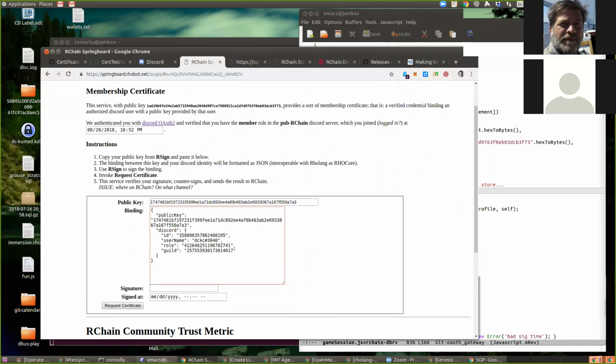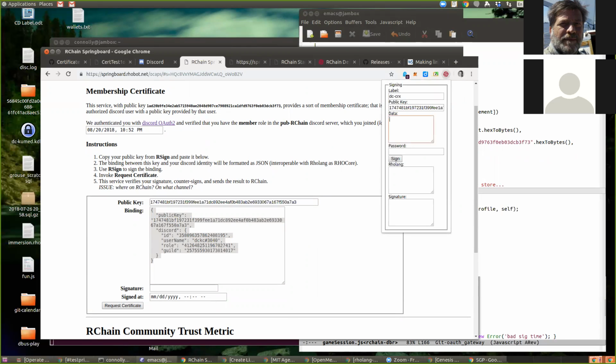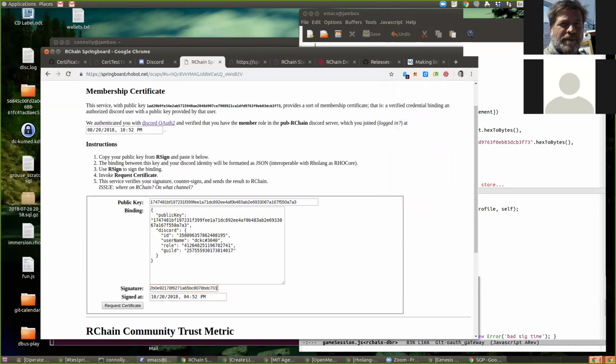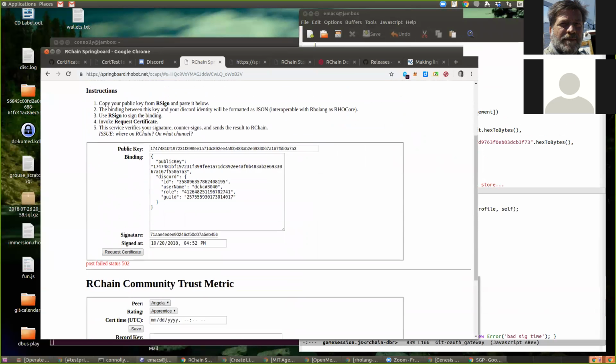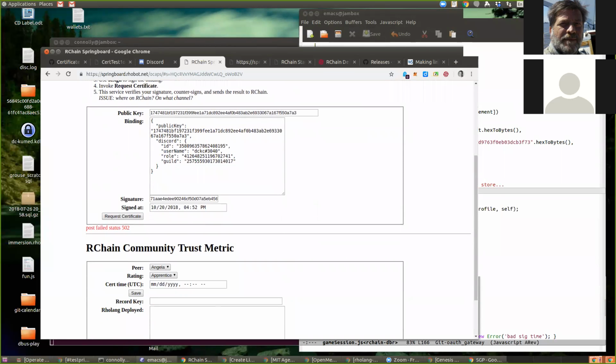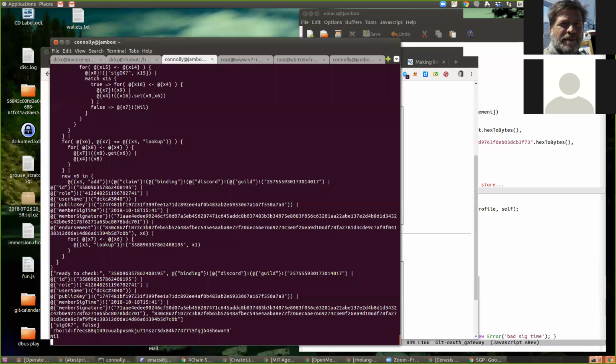I take this signature, and I sign it. I take that binding and I sign it, and then I request a certificate. And somebody's not running.